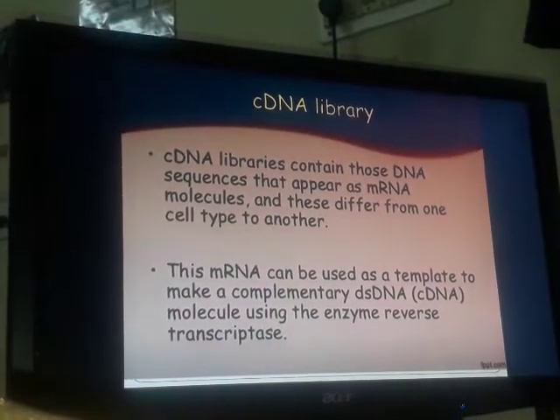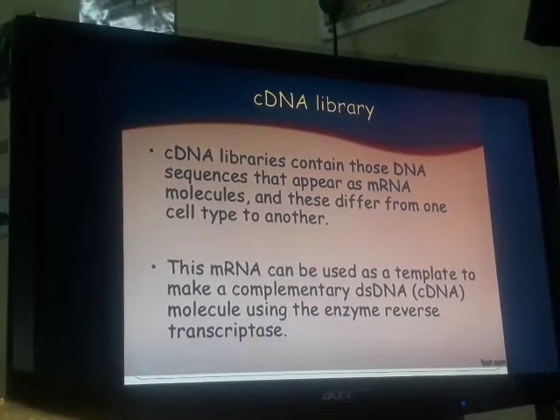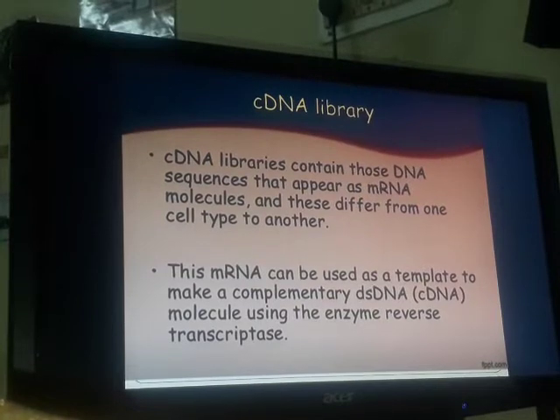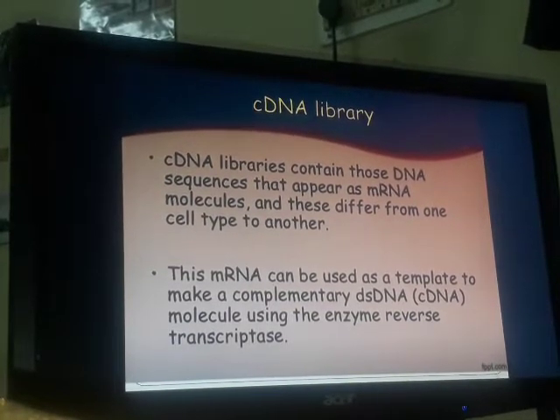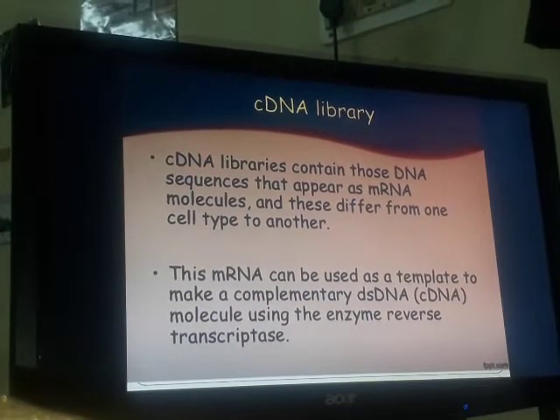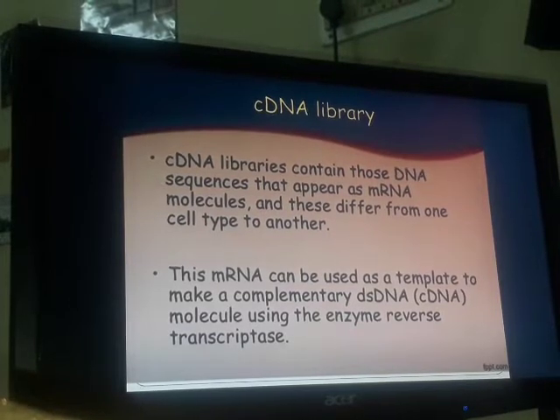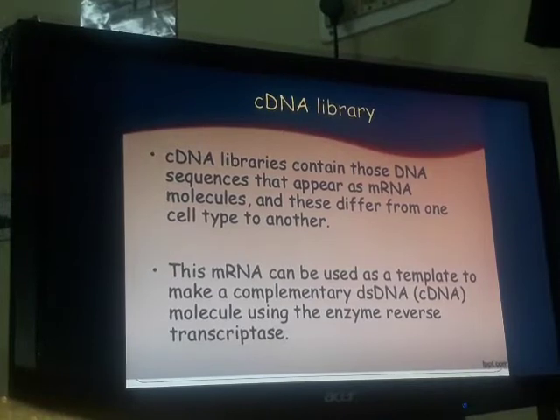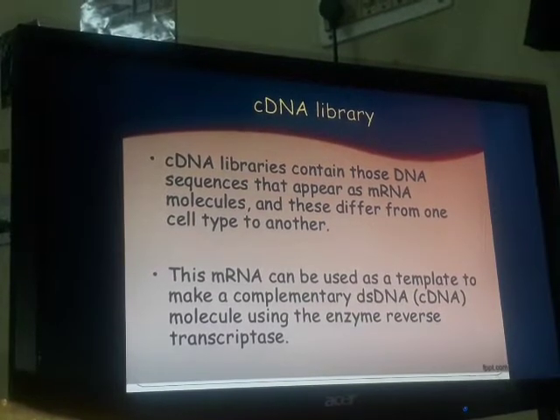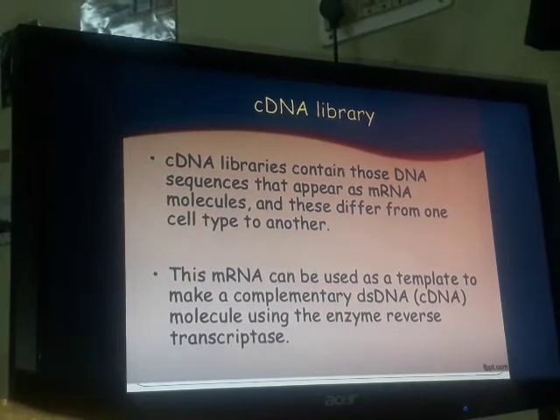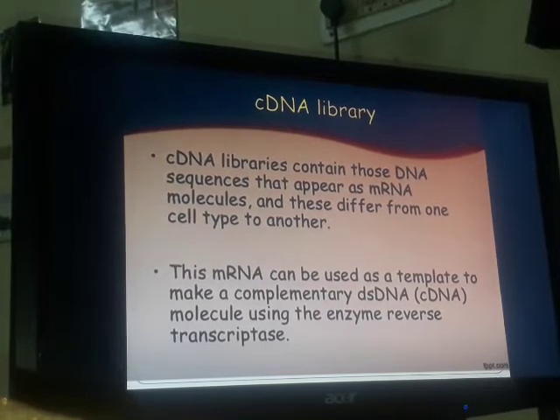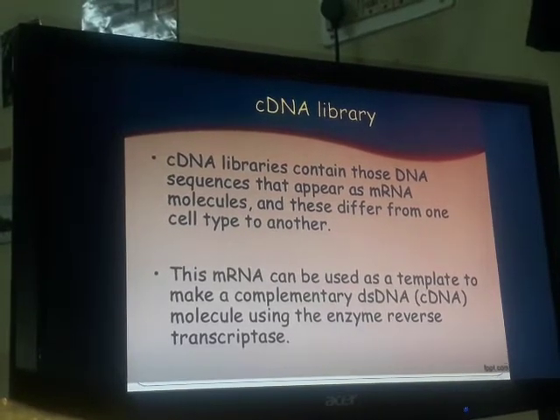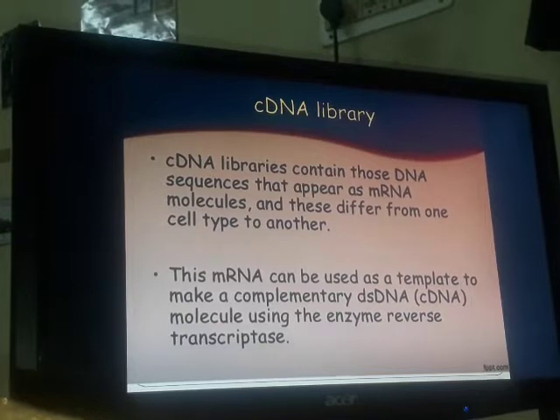Now coming to the cDNA library. What is the cDNA library? This is applicable to eukaryotic genes, because eukaryotic DNA contains introns, right? If you take eukaryotic DNA like that and digest it to bring about the fragments, it is a waste, because you also have introns in that. So your aim in the cDNA library is to first convert the DNA into mRNA.